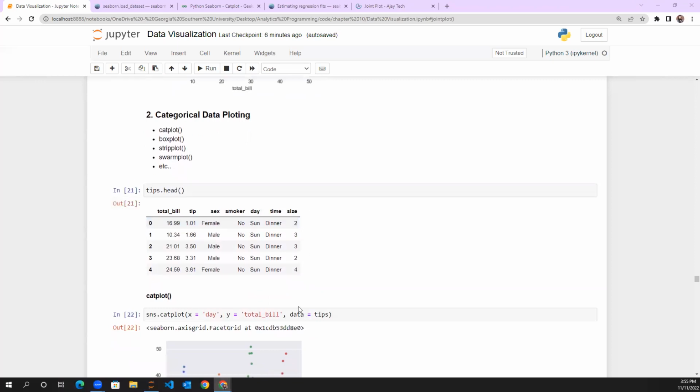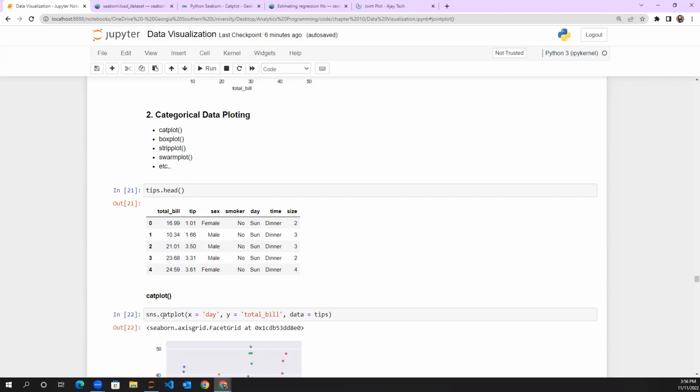For example, if you look at this tips data set, the gender information, smoker information, day, and dinner, these 4 are categorical information. Total bill, tip, and size are numerical information. So if you want to focus on categorical information, let's take the day, that is Sunday, Monday, the weekday information, and the total bill information. Let's take these two. If you apply categorical plotting for this, because one of these two given data is categorical related data,